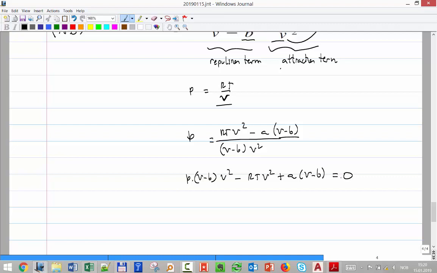Okay, let's say I provide P and T and I want to calculate V. That's a polynomial, right? A polynomial equation. So I have to find the root of that polynomial. So that's actually what we have to do